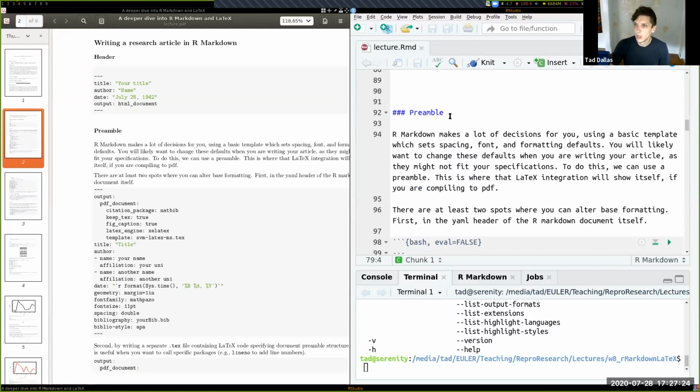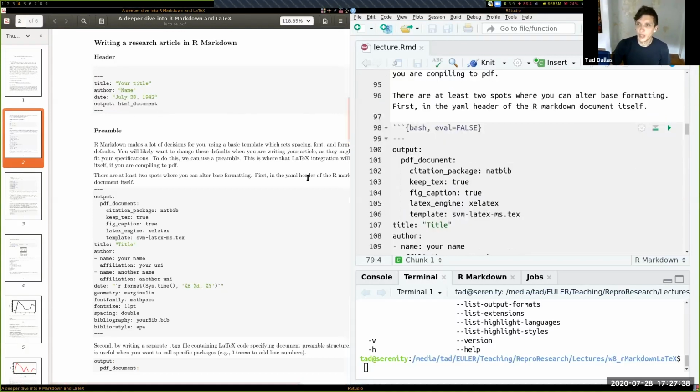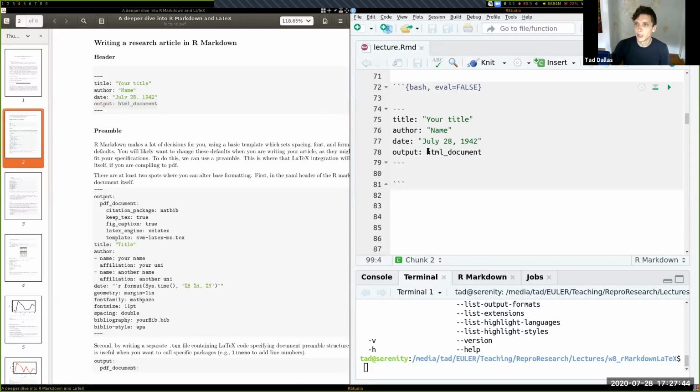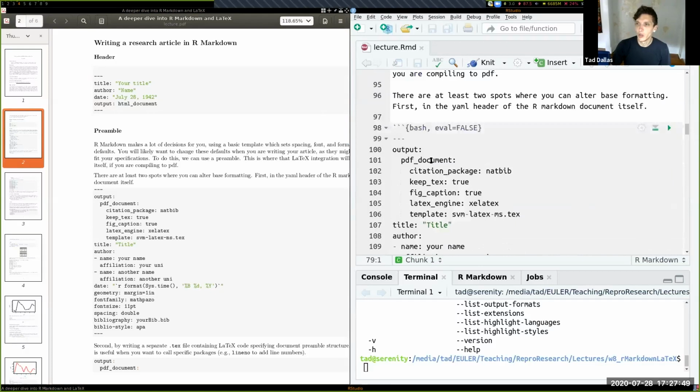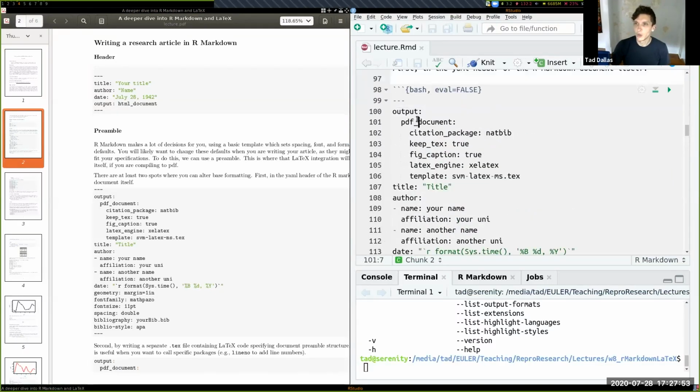And so R Markdown has its own defaults, allowing you to get away with using just something simple like this, a 4-argument YAML file. But it allows you the flexibility to include other things. And so, whereas here, this last line, I'll scroll up in the R Markdown, this last line is output to HTML document, we could have all of this. So I'll go line by line.